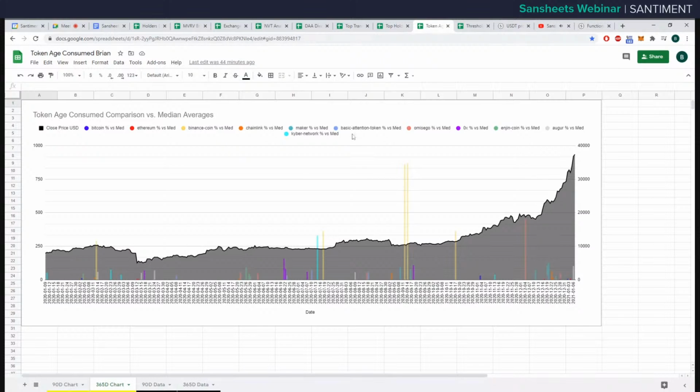Token age consumed. This is measuring the amount of tokens that are being moved on a given day multiplied by the age that those tokens were sitting dormant at the time of them being moved. So it's essentially combining old tokens and amount of tokens and pinpointing exactly when a very large move is being made. Just like the top transactions model I showed, this is the top 5